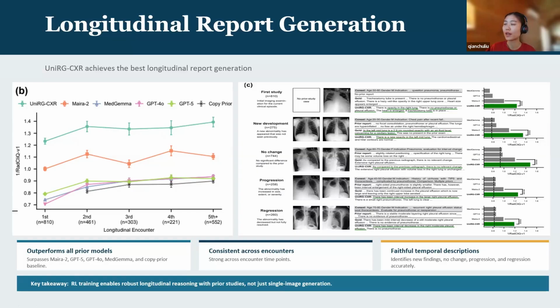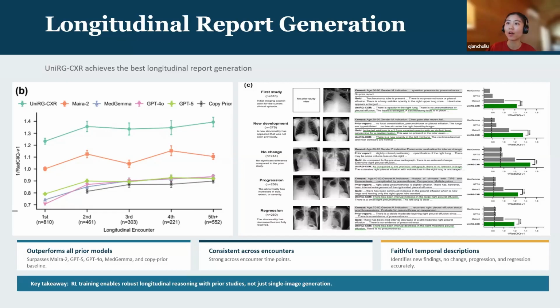Another interesting baseline here is the copy prior baseline, which is just using the prior report as the output. And interestingly, if we look at the results, some of the baselines, such as MedGemma, GPT-4o, GPT-5,